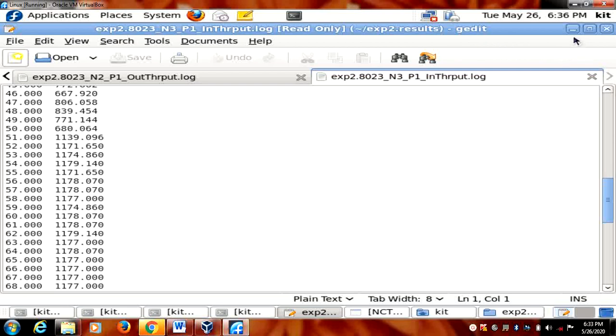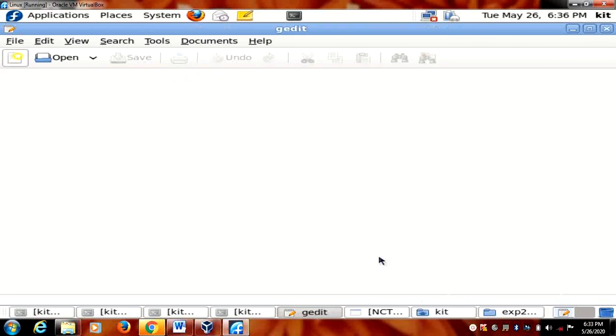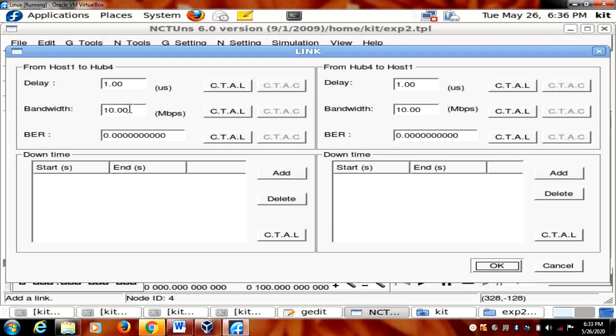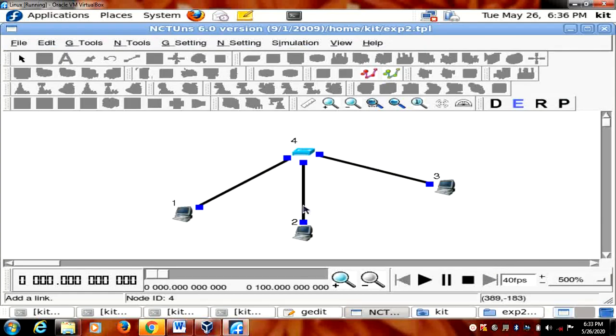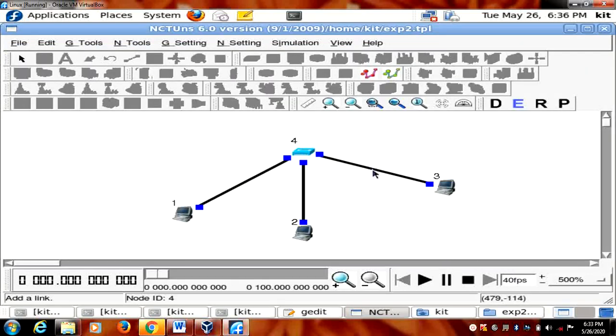Okay, I will show you how to plot the graph also. Same thing you can repeat here, no problem. And then one more thing you have to do: go for edit and change the bandwidth here. Go for 8. Okay, here also it is something. If I reduce this bandwidth, somewhere it will change. Okay, 8, and here also it is 8, and here also it is 8. Go for OK, and here also it is 8.